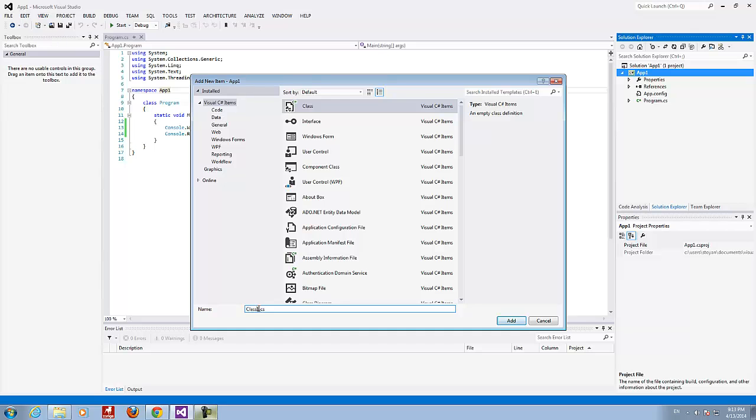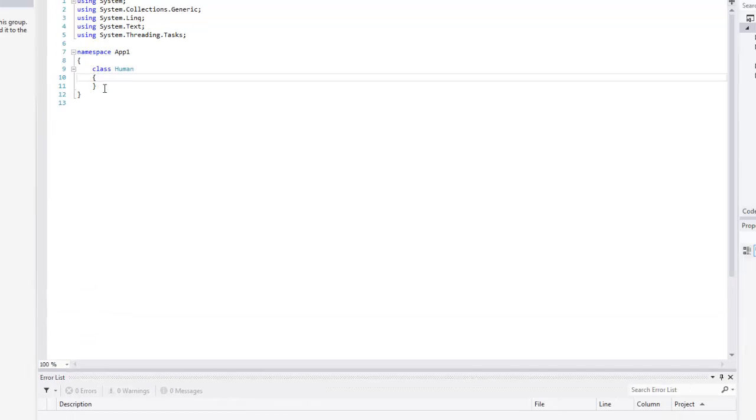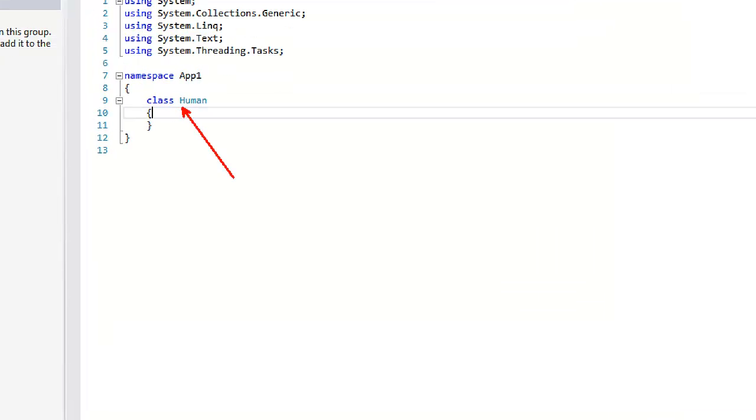Class, and I will say human. Of course, our human is going to be not that unique and not that special as the ordinary humans are. Our human is going to be simplified. We'll abstract the term human. We'll say that all properties we need to describe a human are only the name and the age. Okay, so the class, in other words, the blueprint for creating an object in the memory of our application, actually has been created by Visual Studio, class human.